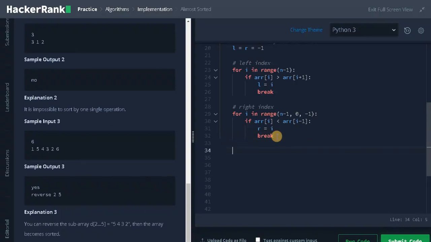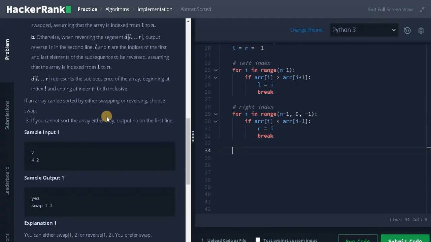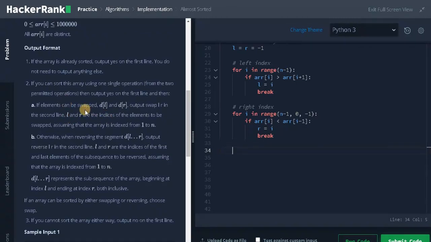Now we need to check for the cases. So first is swap. Check for swap. We will create a temporary array using the deep copy. Now we need to swap the indexes.